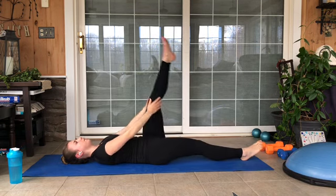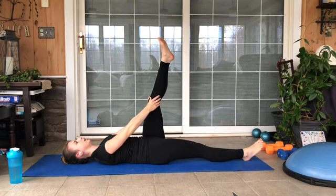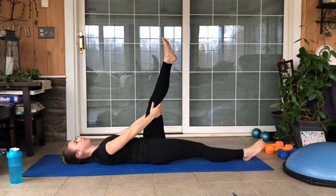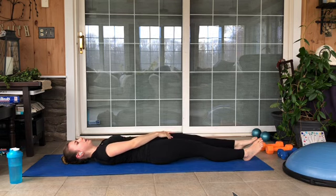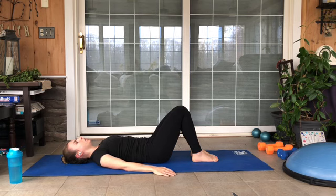Now switch and bring the left leg up as far as it's comfortable for you. You're just holding that leg, giving it a chance to be above your heart for a second. You're lifting the left leg. You can lower that leg. We're going to bring our knees back up so that our feet are on the ground, and we're going to